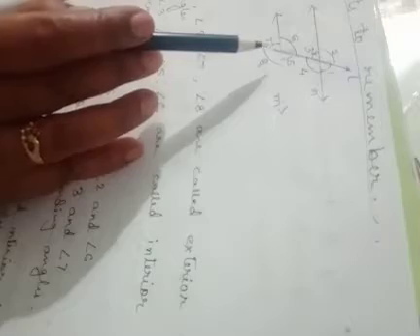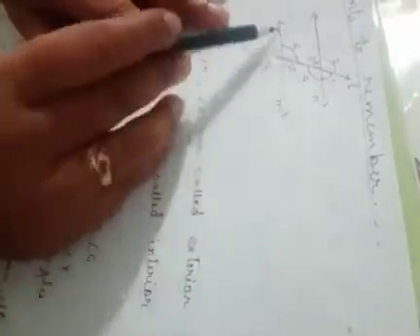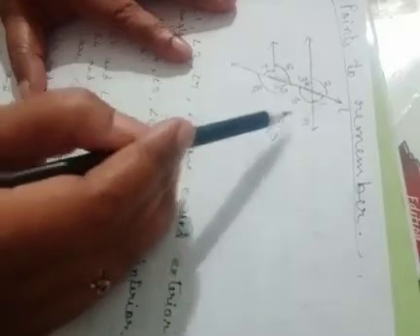Suppose M and N are two straight lines and they are parallel lines. So what are parallel lines, students? If the lines never intersect or meet with each other and they are always equidistant from each other, then these lines are called parallel lines. So line M and line N are parallel, and line L is called the transversal line because it intersects these two parallel lines M and N at two distinct points.